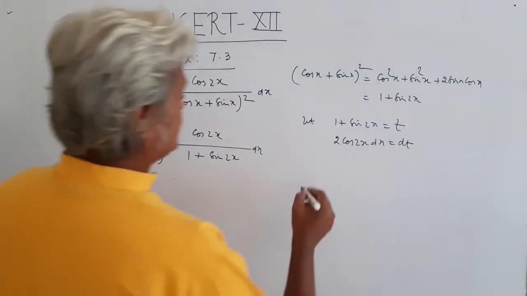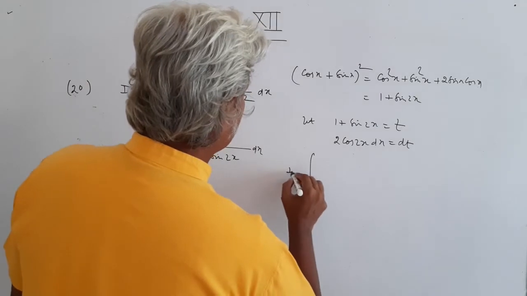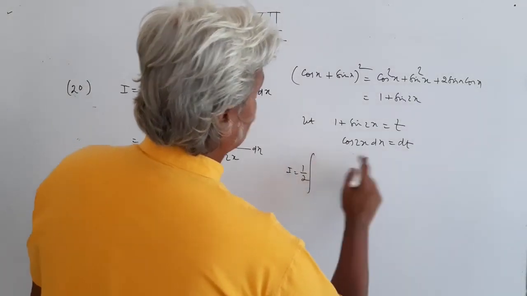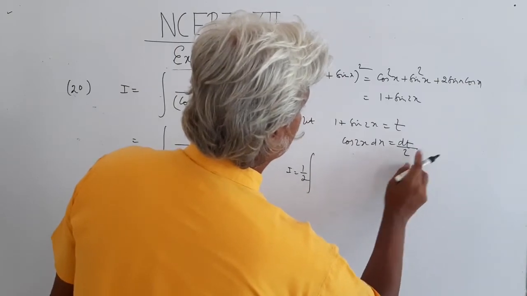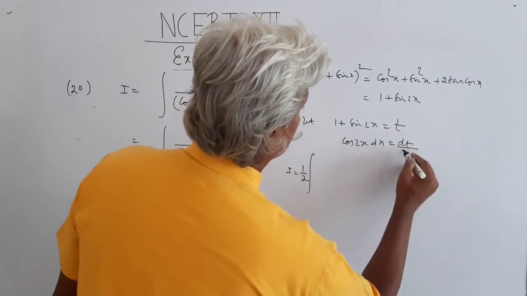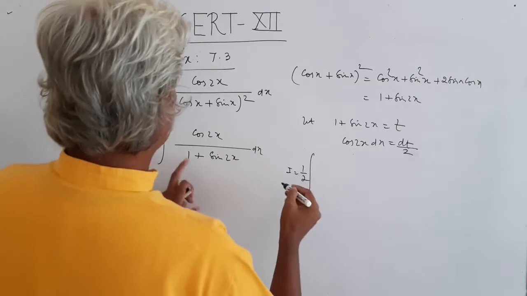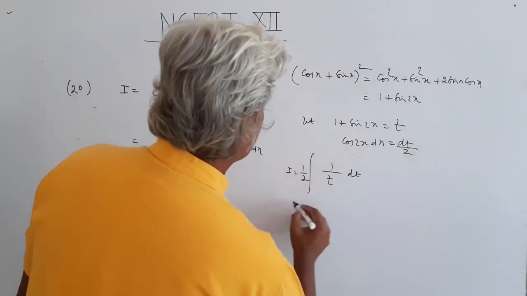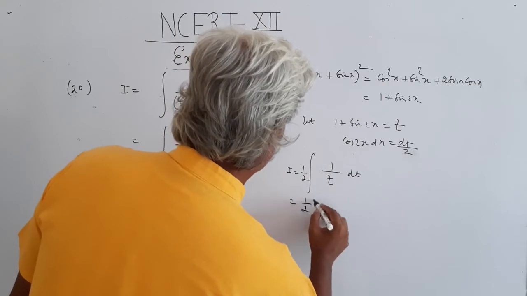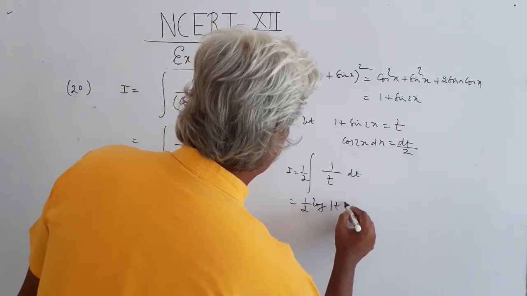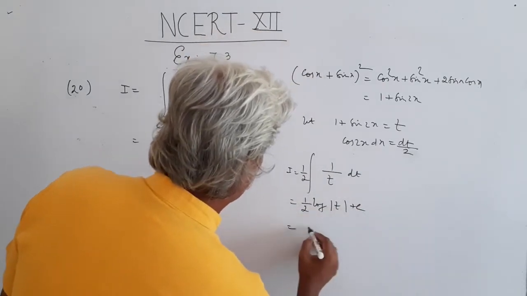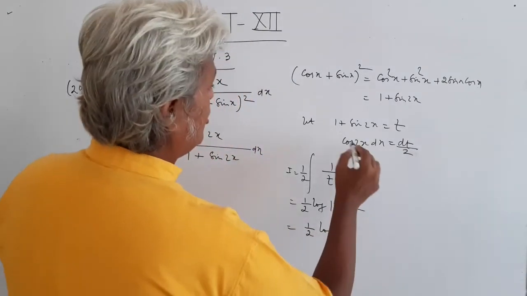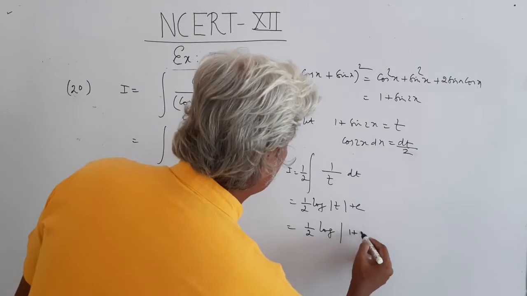So cos 2x dx is dt by 2, and I is 1 by 2 times the integral of 1 over t dt, that is 1 over 2 log mod t plus c, or 1 over 2 log mod, what is t? 1 plus